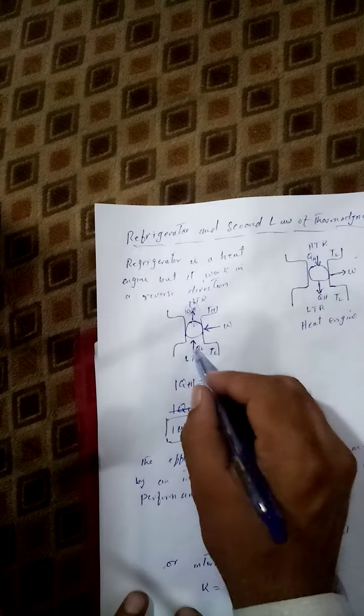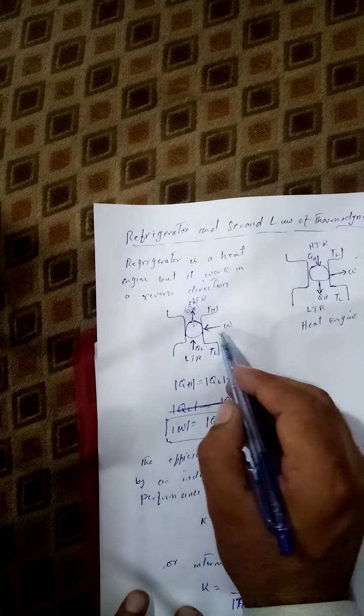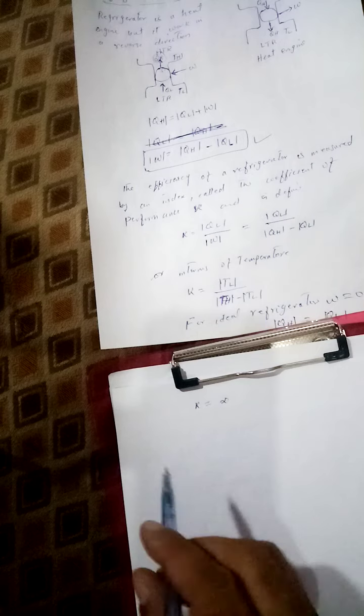But a real refrigerator can't do this, because we need some work to move this heat from the low temperature reservoir to the high temperature reservoir. We need work done. So Clausius formulated another statement of the second law of thermodynamics. What is the statement? The Clausius statement is,